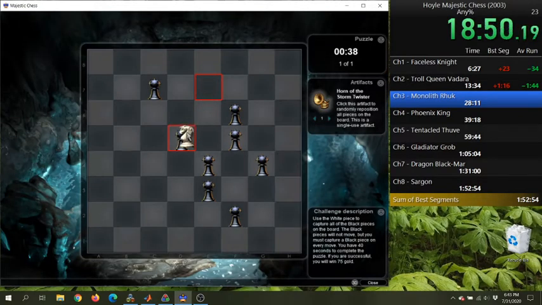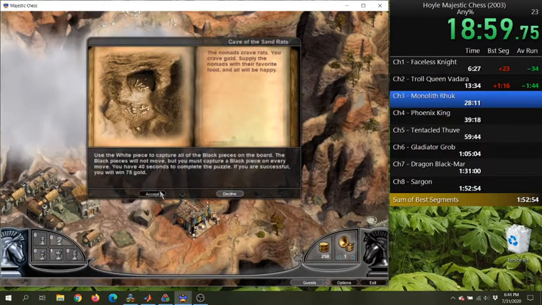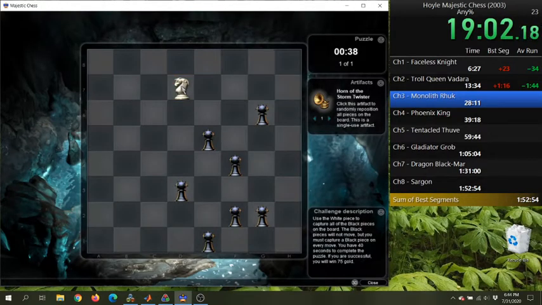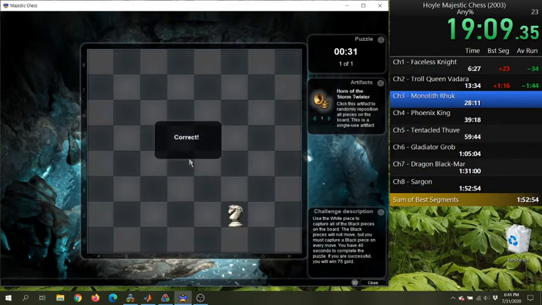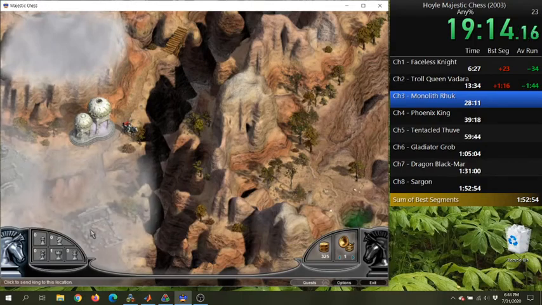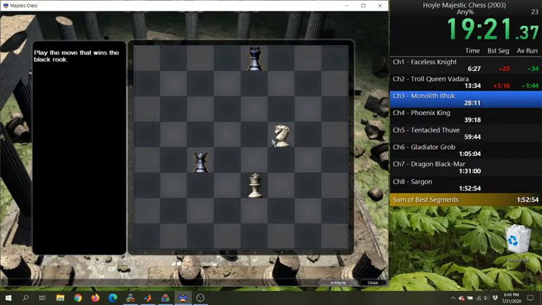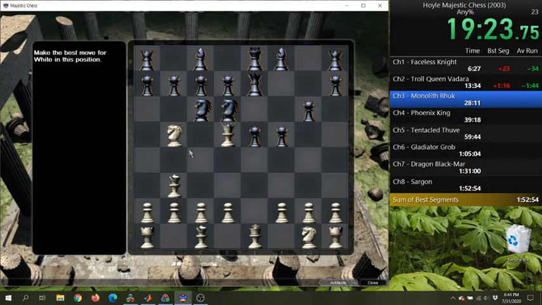The knight ones are usually easiest just by way of the fact that knights usually have the... Actually, I'm not quite... Oh no, I clicked the escape too soon. See, this is what I mean by getting a little trigger happy. But, you know, it cost me like 10 seconds, so I'm alright with that. You know, what's probably going to end up being a 2-hour run. That makes a fork. That makes a fork.